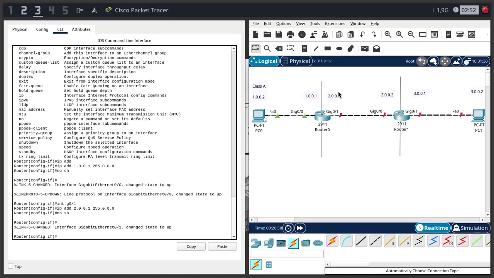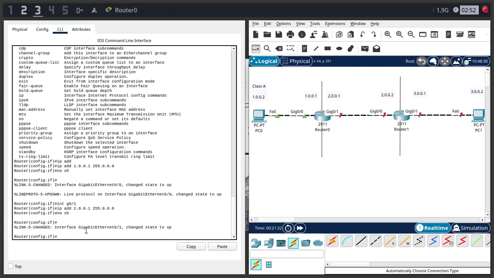Then for gig 01, we're attaching this IP. So we're assigning, I think is a better word, the IP plus the subnet mask. Now, because this router doesn't know this network, because it's outside of its range, technically, it only knows 200 and 100. It knows this as well because it's in the same IP range, but it doesn't know this because it's on this side. So in order for it to know this, we're going to have to basically